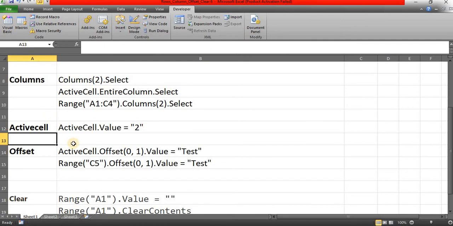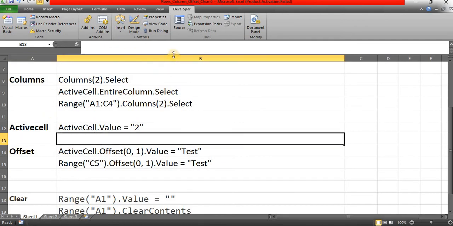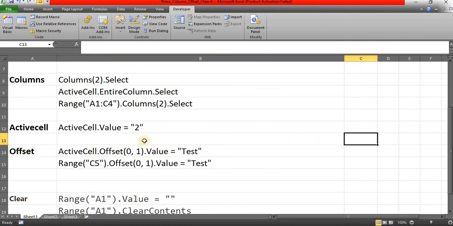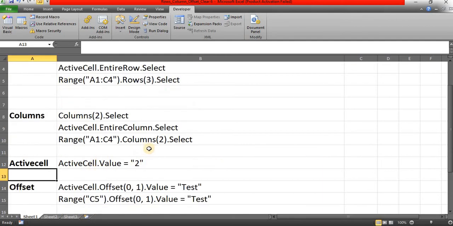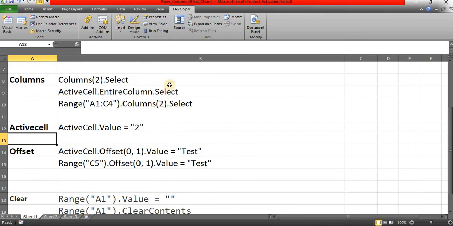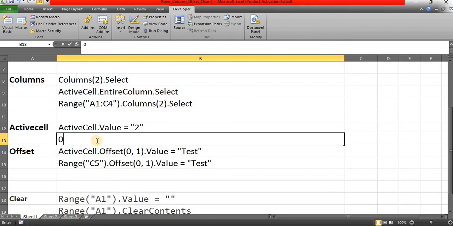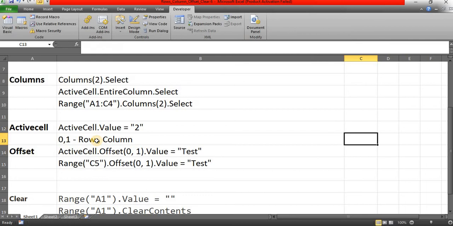Offset 0, 1 means column B. So 0, 2 is column C, and if you are adding one more row, then you need to mention 1, 2 or 1, 3. Here the first one is referring to the row number and the second one is referring to the column number.